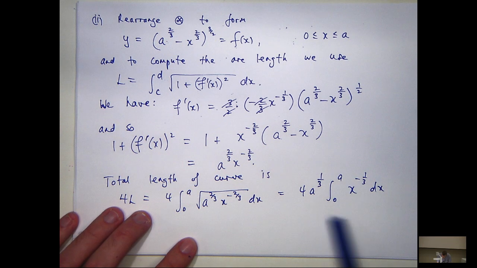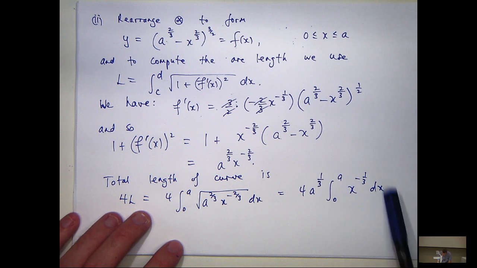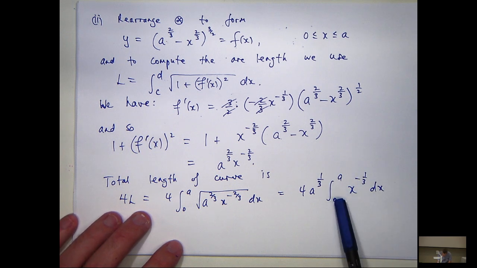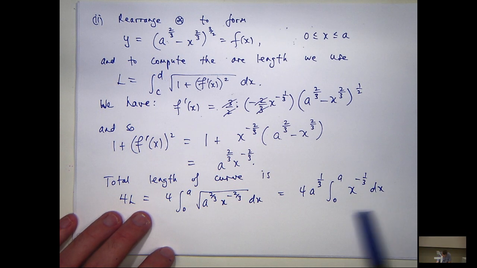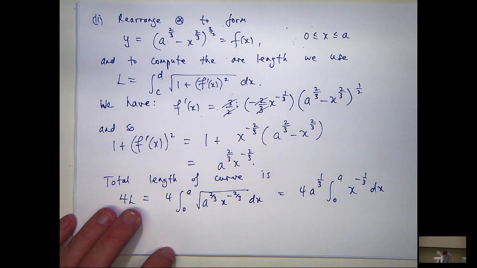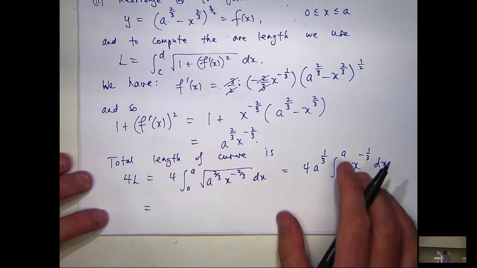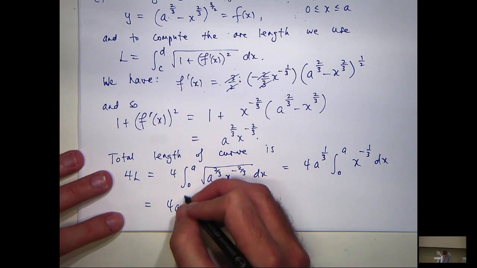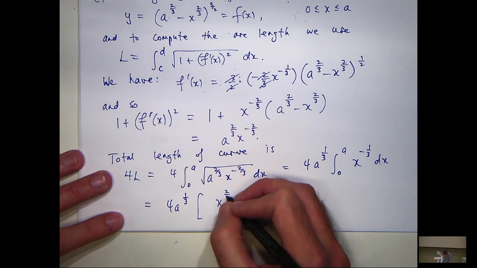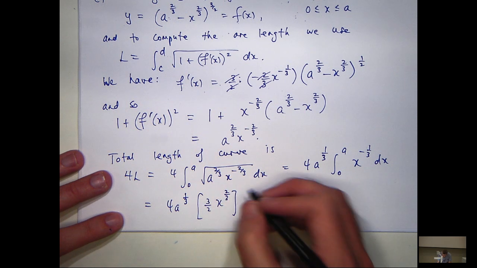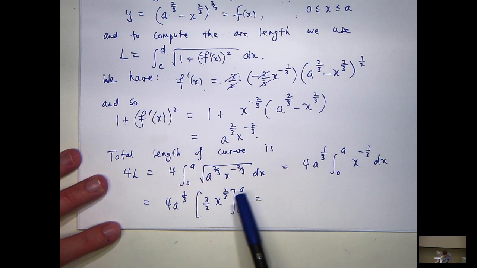Now this integral over here is what we just did in part I. The only difference was in part I, we were integrating from 0 to 1, not 0 to a. But irrespective, we know that this is well defined. So we can go through and do the normal integration procedures. So let's just integrate here. I'm sort of abusing some of the notation there, but then when you sub in,